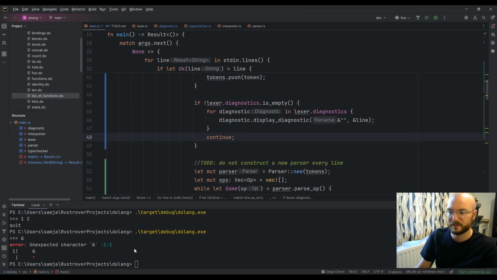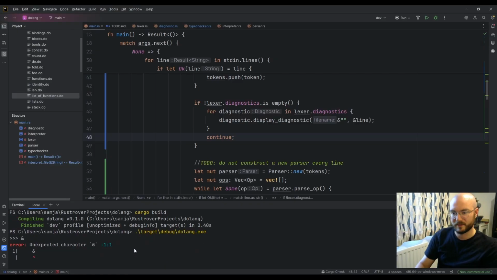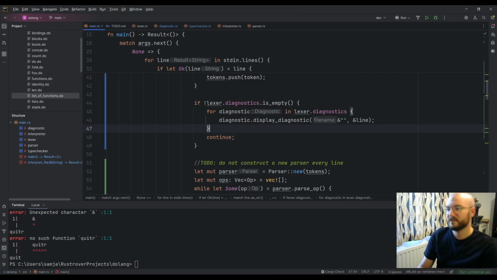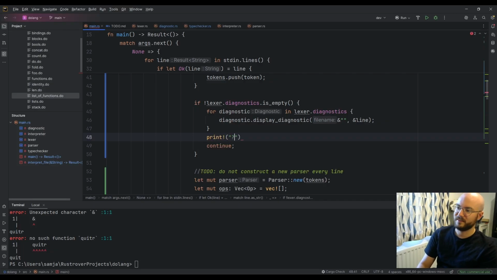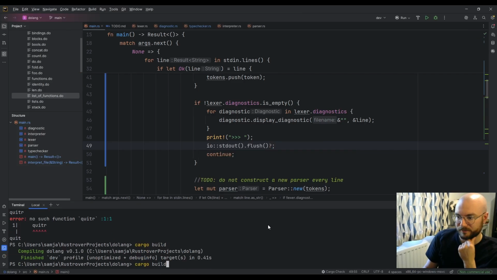So if we do this instead, you stay in the REPL. So if instead we print the thing here and flush, let me try that again.